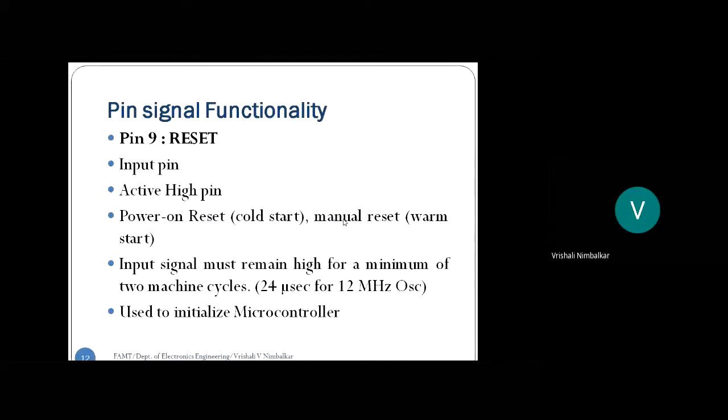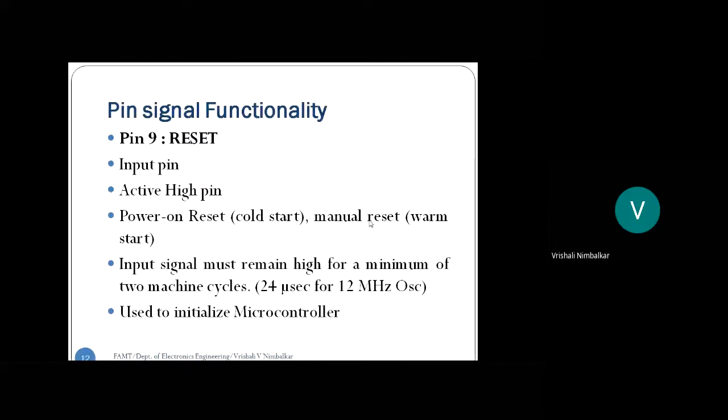And the other one is manual reset. The user will somewhere in between reset the controller. So there are two ways. Power on reset is also called cold start, and manual reset is called warm start. I hope you all might have heard about these terms, cold start, warm start. Okay, fine. So power on reset or manual reset.